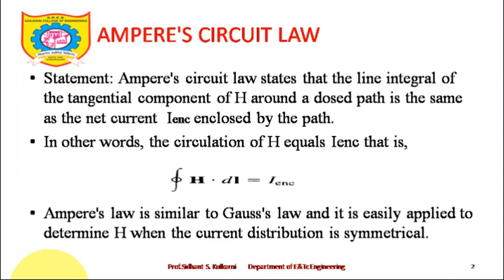Let's understand. If you remember the statement of the Gauss law, what was Gauss law stating? Gauss law stated that the total electric flux radiated by any closed surface is equal to the total charge enclosed by that surface. So I'll write it here: psi radiated, where rad stands for radiated, not radian, is equal to Q enclosed. So this was what Gauss law was saying. I'm finding an analogy because electrostatic concepts are already clear to you. Psi radiated equals Q enclosed was the statement of Gauss law.